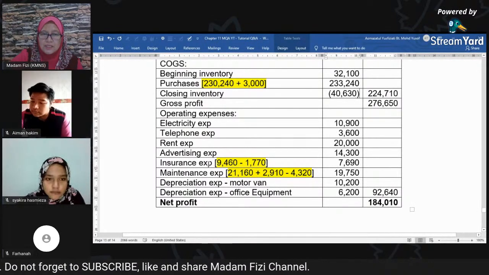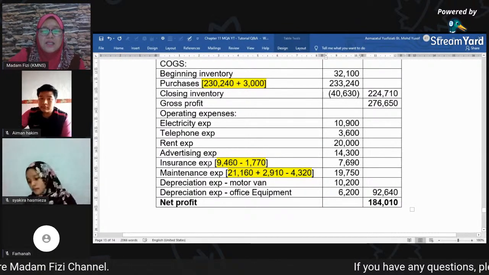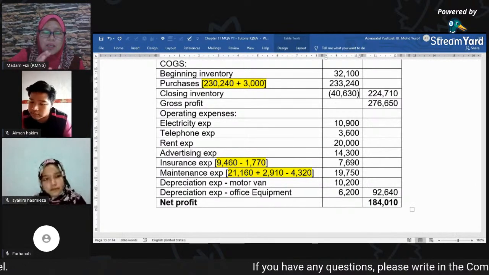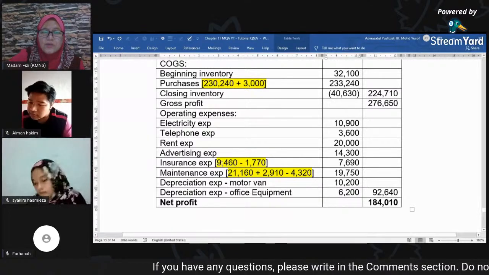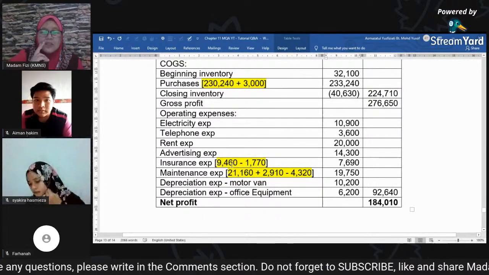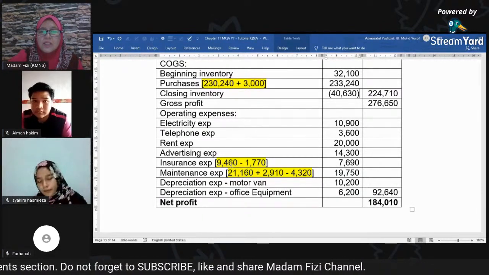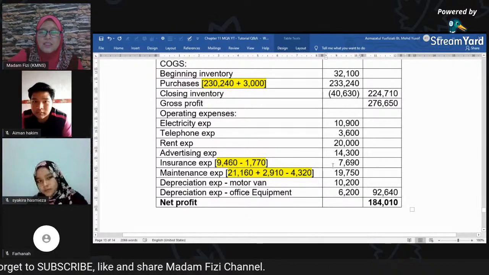Insurance expenses, okay, dia ada baki awal and baki akhir, so you have to minus. Okay, because there are only 2 items, so you don't have to make T accounts. So the answer is